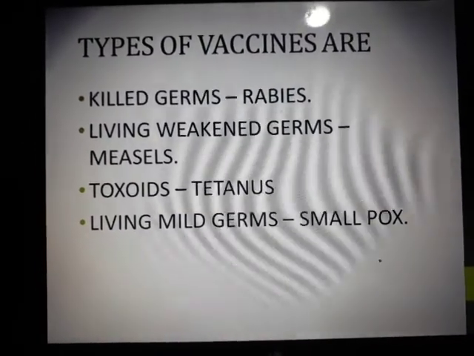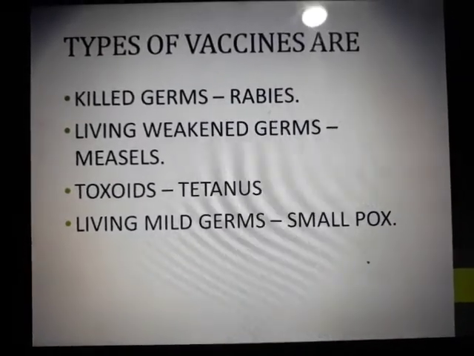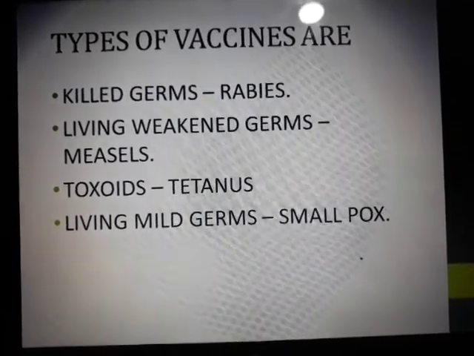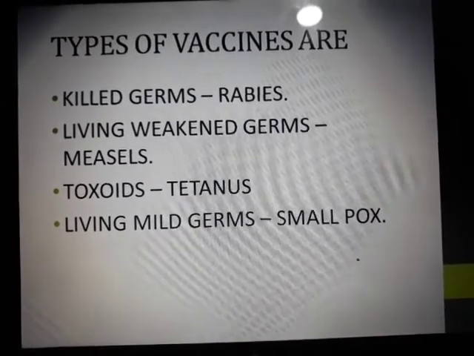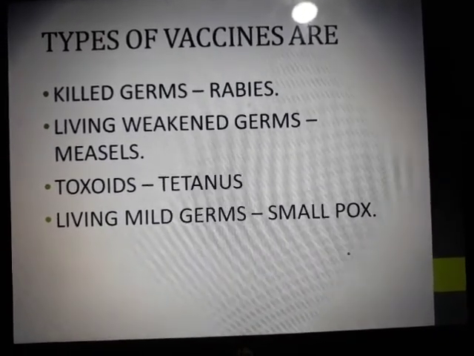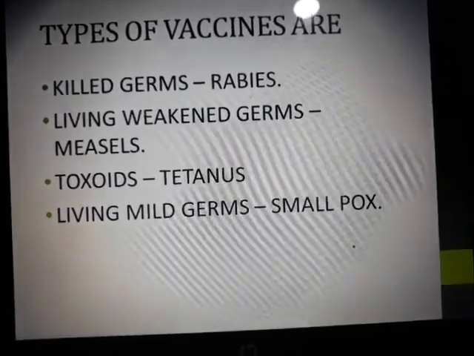So here are the types, just as I told. This is important, please learn this. There is a disease of rabies. For that, killed germs are used. For measles, they will be living but weakened in their strength. There is something called toxoids. Toxoids are a separate kind of